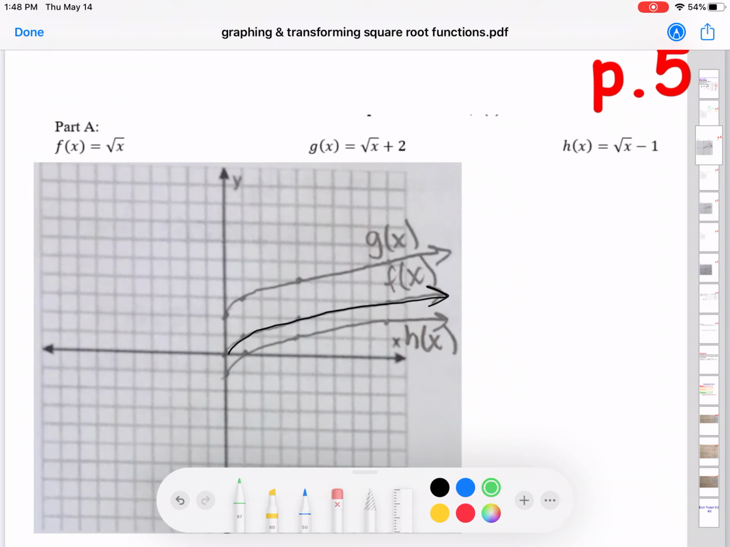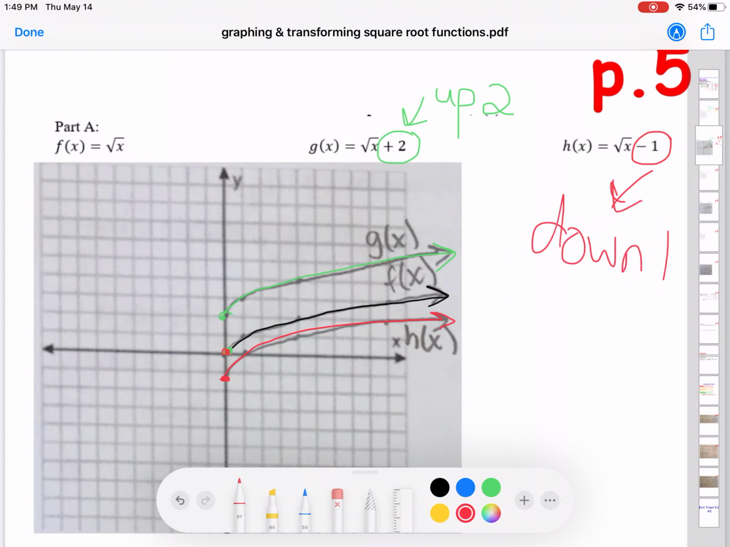If we look at the g of x function, that's this graph up top here, we notice that by putting this plus 2, instead of our graph starting at (0, 0), it now starts at (0, 2). So the effect that this plus 2 has on the end is that it moves our graph up 2 units. Looking at the h of x function, that's this graph down here, by putting this minus 1 on the end, we notice that now our starting point has changed from (0, 0) to (0, negative 1), which means that the graph has been moved down